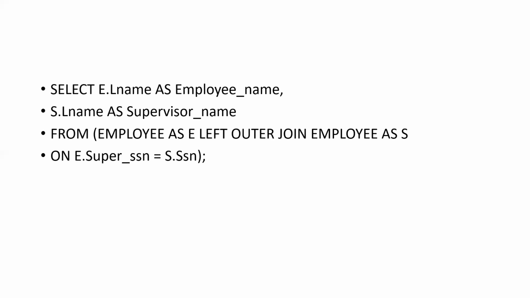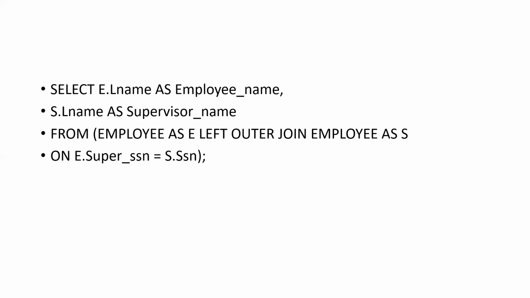This is the simple query. But suppose we want to retrieve the names of the employees and their supervisors, if any. In the previous query, if the supervisor is absent, then the result will not show that employee's name. Suppose an employee does not have any supervisor, that employee's details are omitted in the resultant query.